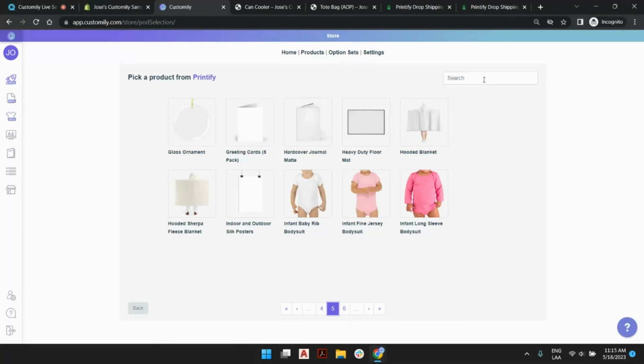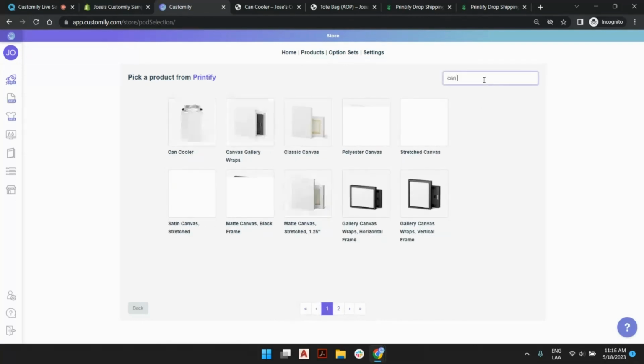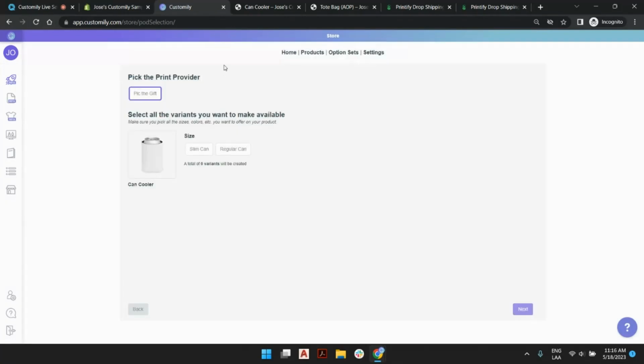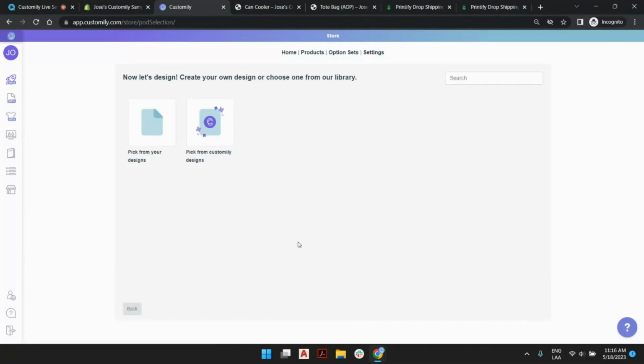But today we're going to focus mainly on our can cooler, this one. Depending on the print provider, we'll have one or more variants. In this case, we're going to pick the regular can, and we're going to click next